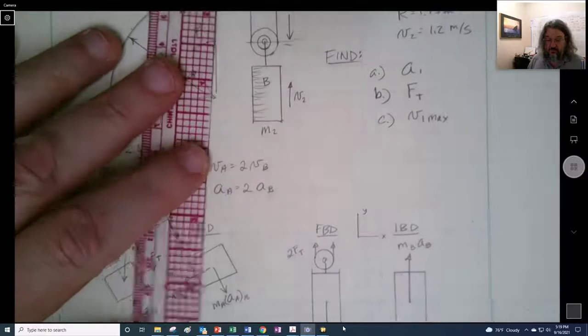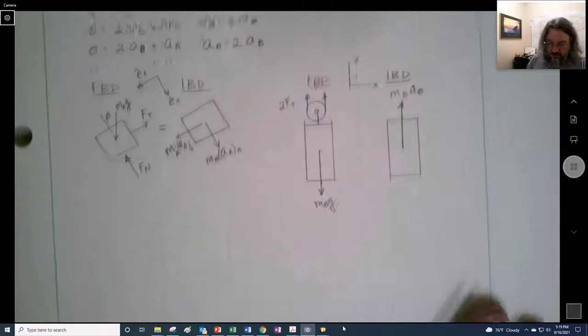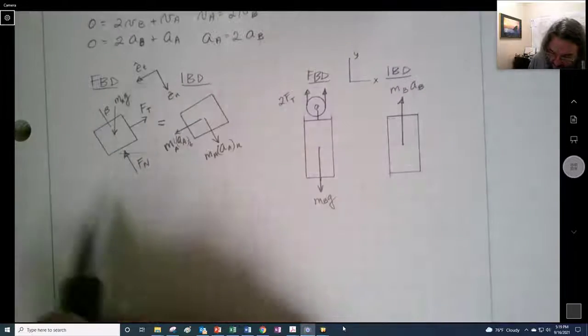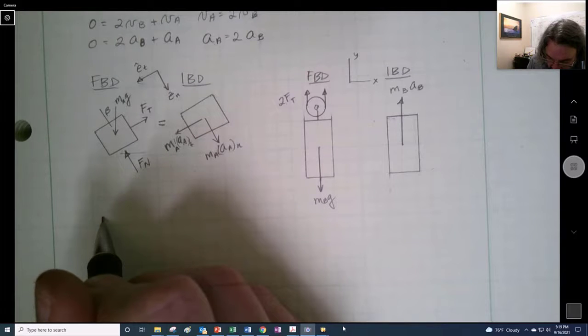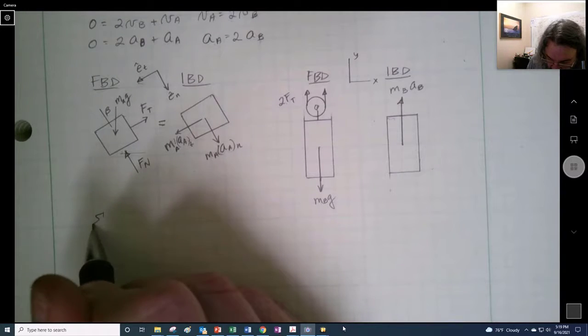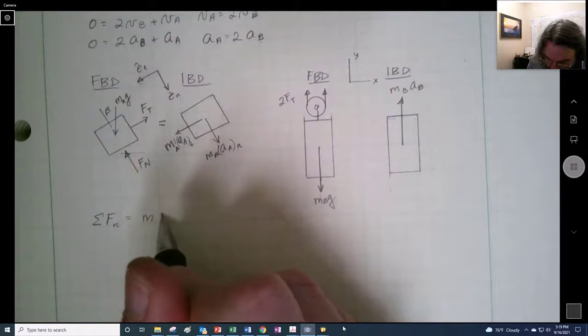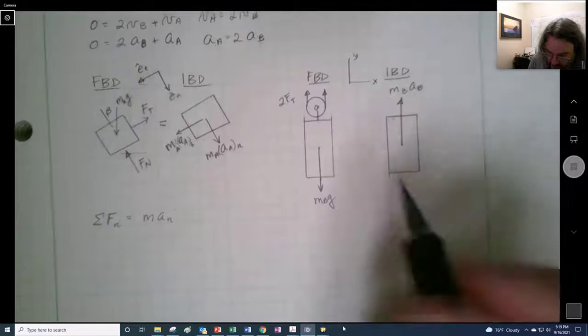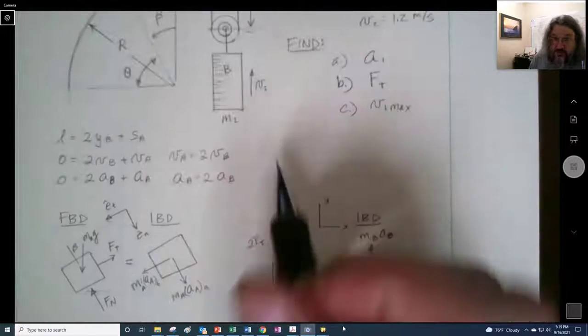Yeah, see, because you go right there, and you go right, so it's got to be the same angle for sure. So I'm going to see, I don't know if I'm going to need this guy right here, but I could go sum of the forces in the normal direction equals mass times acceleration in the normal direction. Something I might want to also see, they already told me these velocities, so I can actually do this one